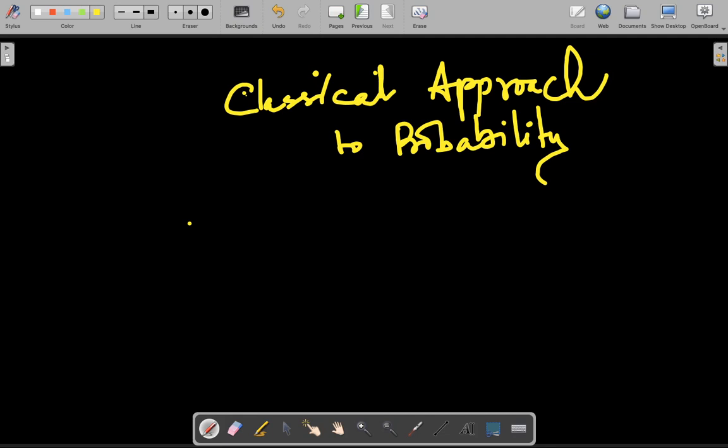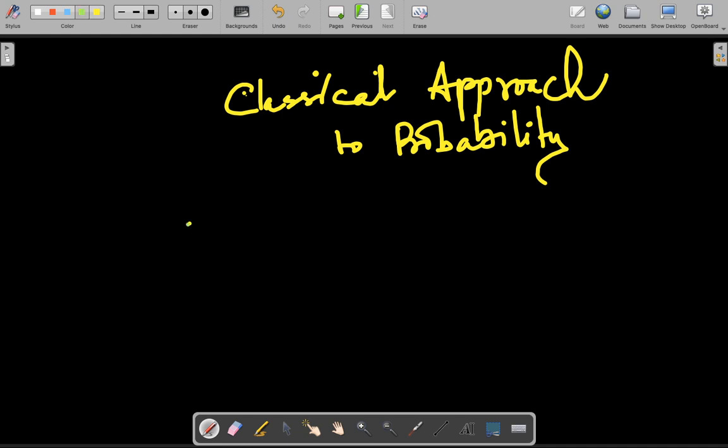So we are talking about probability theory, and in the previous lecture we spoke about different types of measurement of probability. One of them is measuring probability even before the event happens, and that we call a prior probability. One approach to look at it is the classical approach. Before we talk about what the classical approach to probability is, let us again define some of the terminologies that we are going to use.